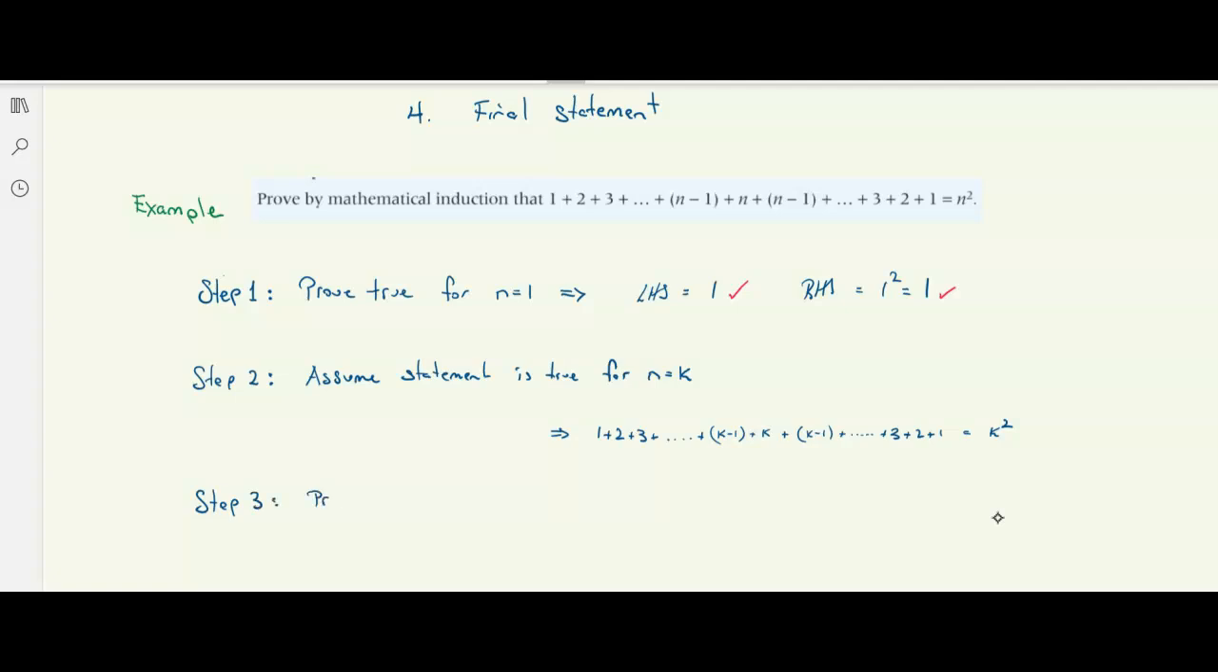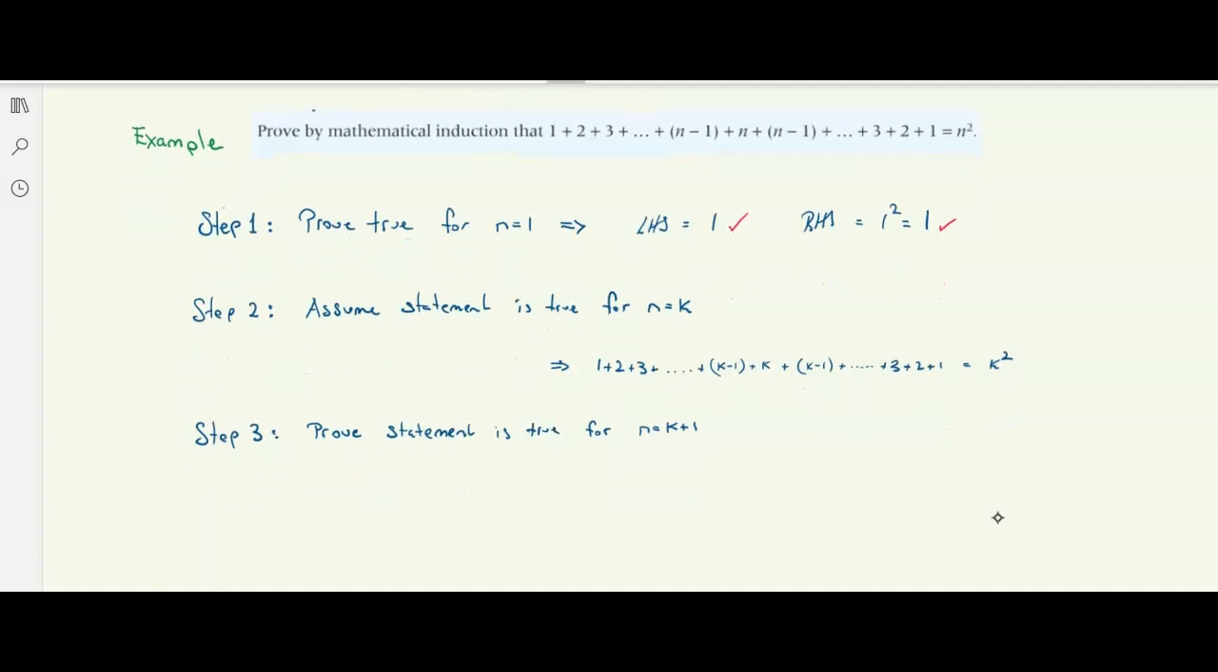And this is the inductive step, where we prove the statement is true for n equals k plus 1. So this is the meat of it, right? This is where it all happens. We've had the basic step, the assumption step, and now we're on the inductive step. So we're going to prove this statement is true. We keep going back to that statement at the top. And what it says is, for n equals k plus 1, 1 plus 2 plus 3 plus